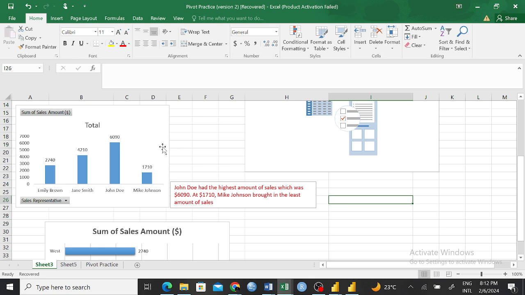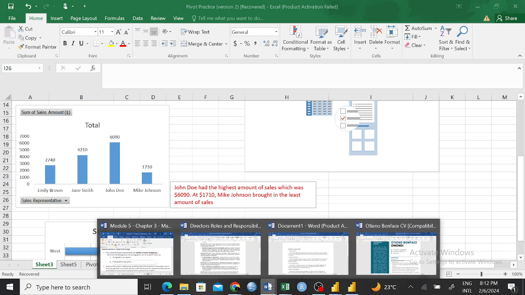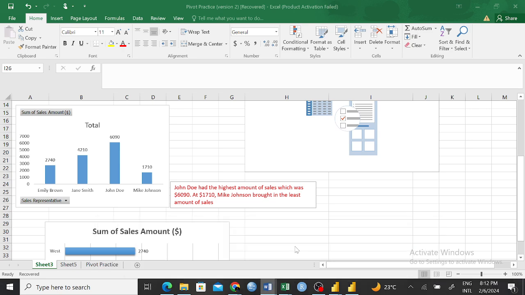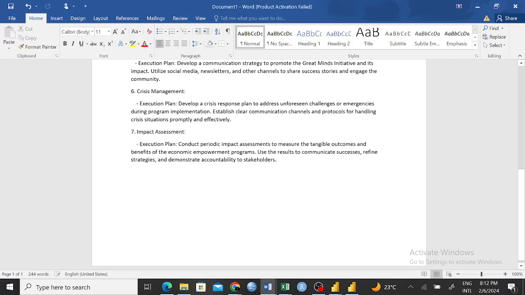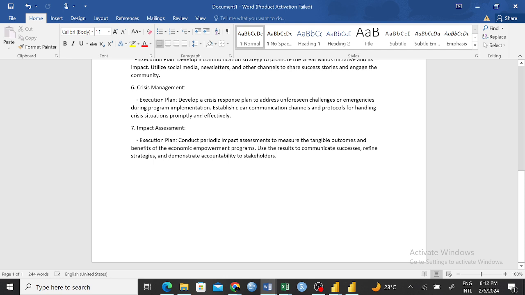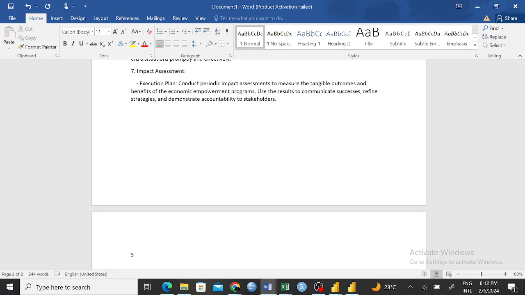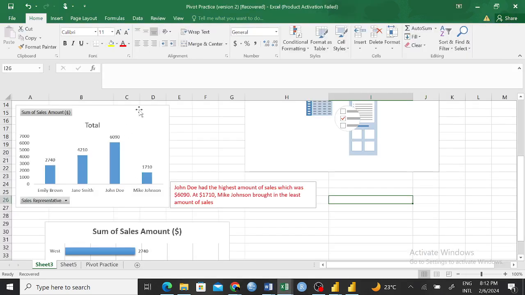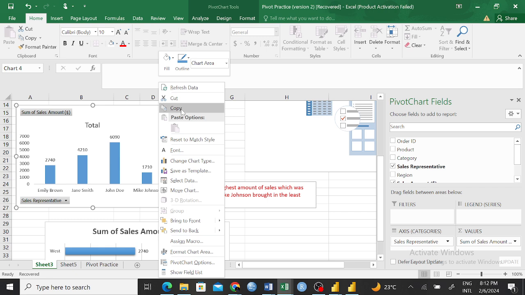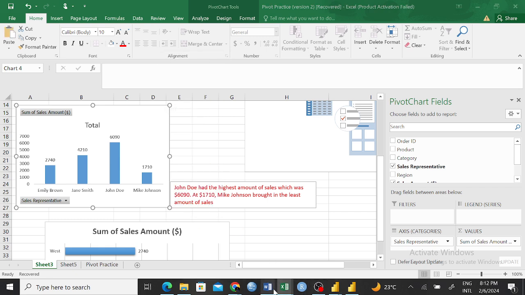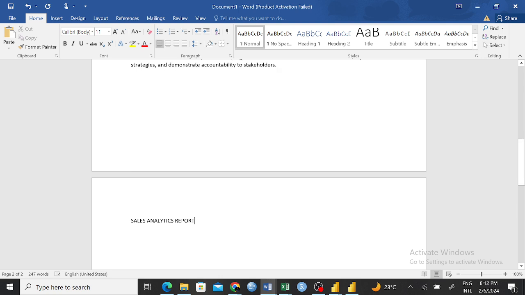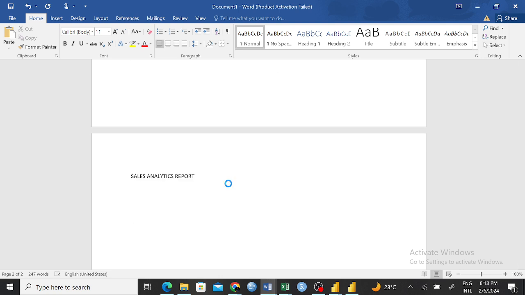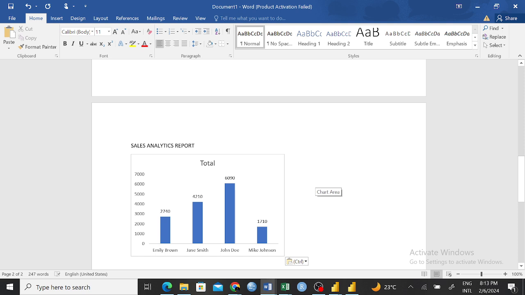Yeah. So that can be an explanation, or maybe you are writing something in Word, and maybe this one is a sales analytics report. You can pick whatever it is that you developed from here and copy and go and paste. So similar to this place, if you do a control V, if you make any change in